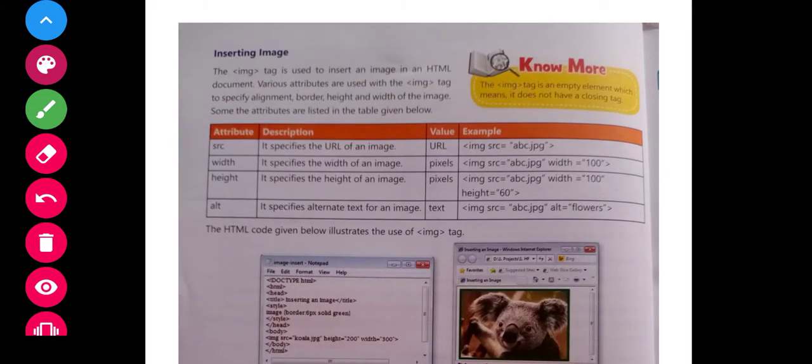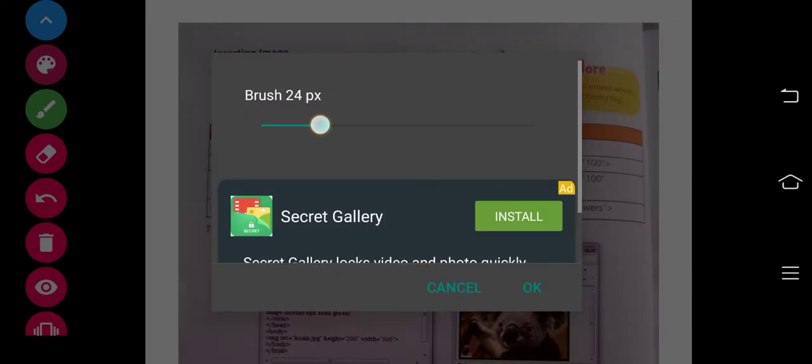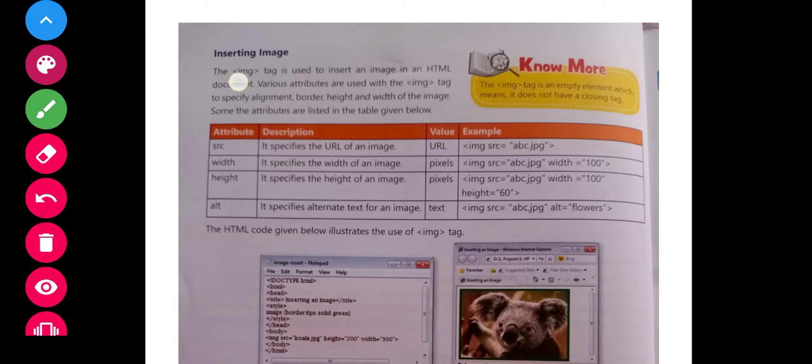For inserting an image we use the IMG tag. The IMG tag is used to insert an image in an HTML document.